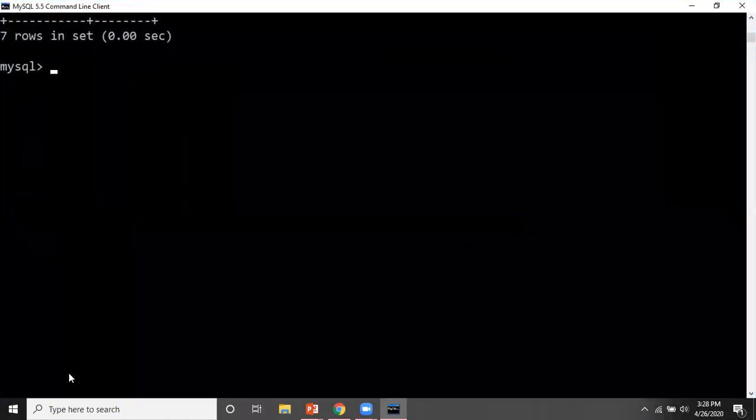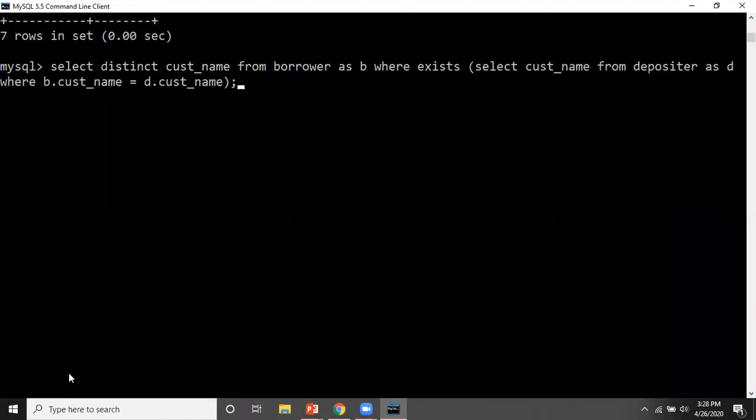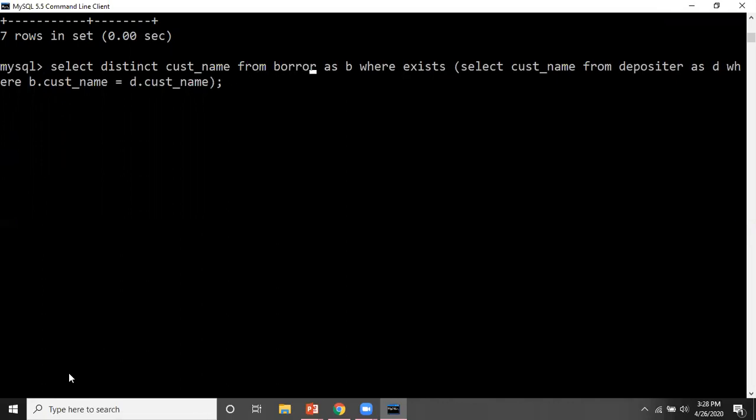In fact, in the previous query only I will do a little change and it will work. So select distinct customer name from depositor table, because we want that person who is having an account. Where, now instead of exists I should use not exists, and the internal query from borrower.